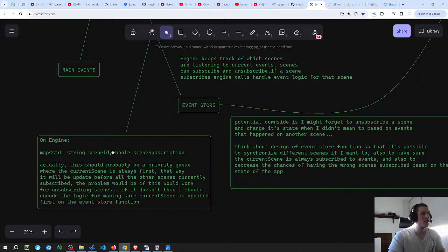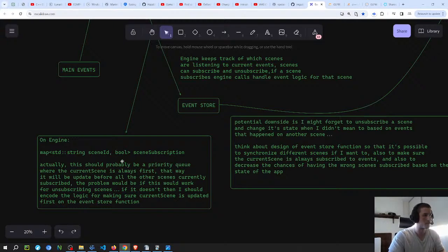And the problem with this one is, if you have a bunch of scenes subscribed, then how do you decide which one's going to be updated first? And obviously it has to be the current scene, because it's the one that is actually actively being synced. So what I thought about is creating a priority queue, where obviously the current scene always has the highest priority. But then the issue is, how do you make it so that you update all the scenes that have to be updated, or you unsubscribe the scenes, if you're using a priority queue, because then it becomes inefficient. So what ChatGPT recommends, and I think it makes sense, but I'm not 100% sure, is to use both